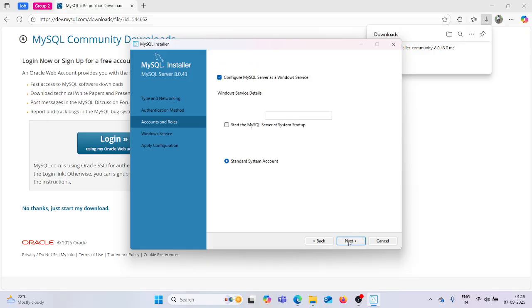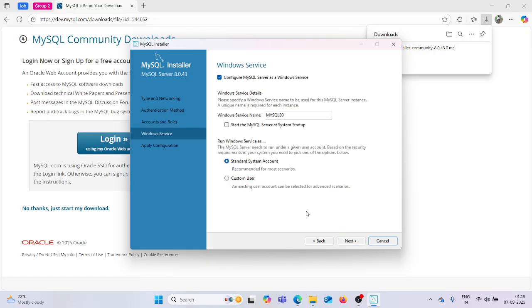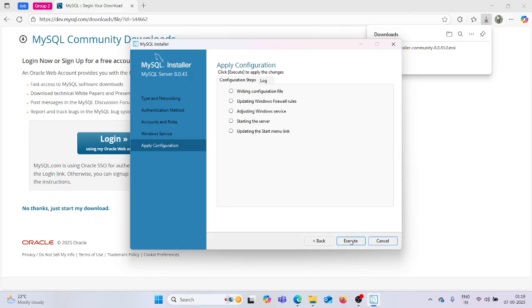Then just as I mentioned, check, and once it is showing the green tick, go for next. Then the next step will be your Windows service. Here there is nothing to do, just next.